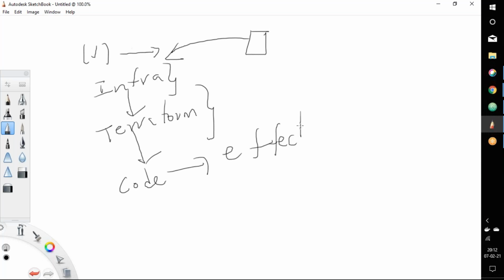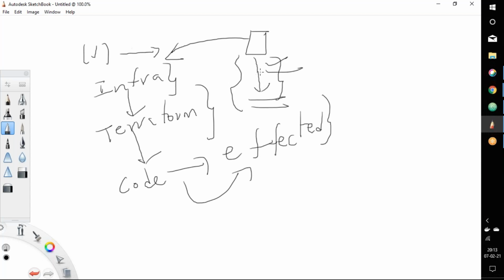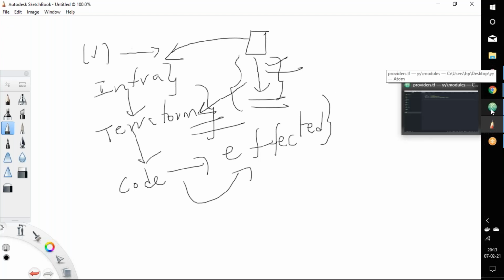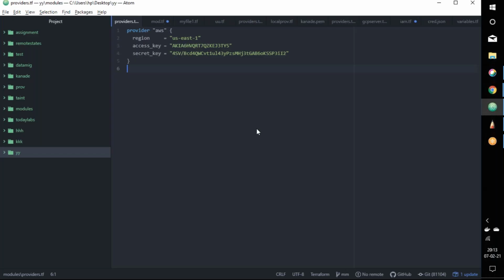We'll get an idea when we do it practically. If we make changes to a resource that is already created, in this case there will be no effect in the Terraform state file. So these things we need to observe in a practical way. The limitation of the import command is that we can import only one resource at a time. So let's get started with the import command.